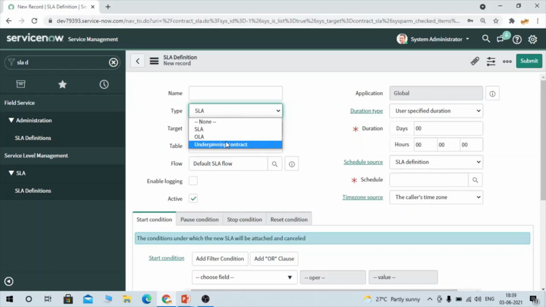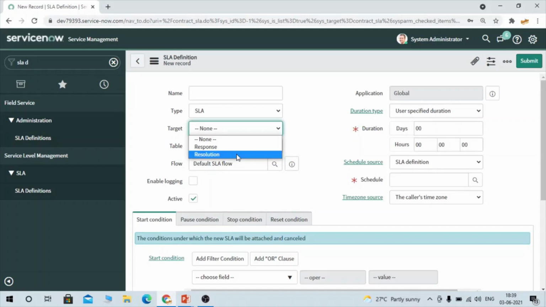If you have to create an agreement between suppliers and vendors or different departments, you can use those. Target: there is response and resolution, so you can select response or resolution based on your requirement. We create a response SLA when we have to provide a response.